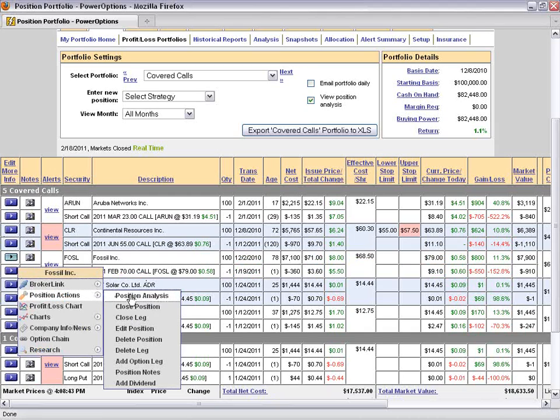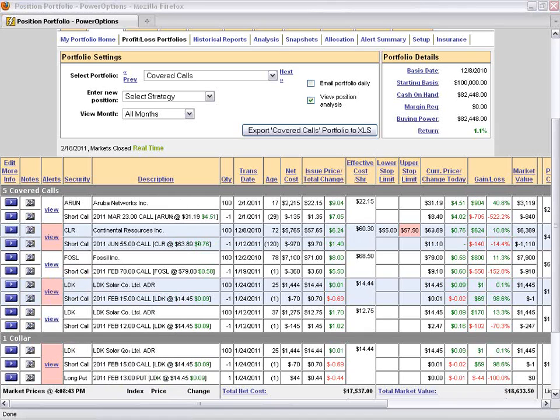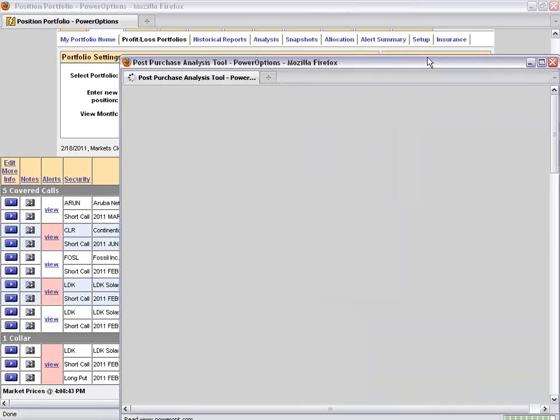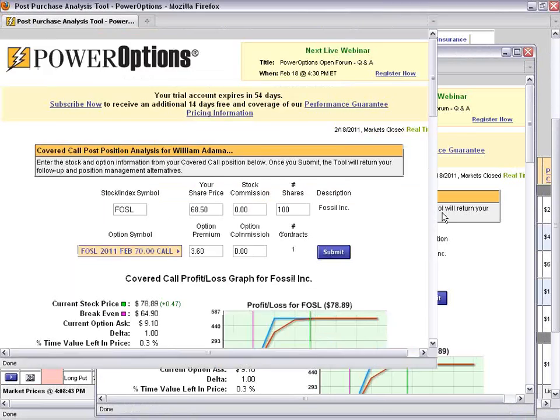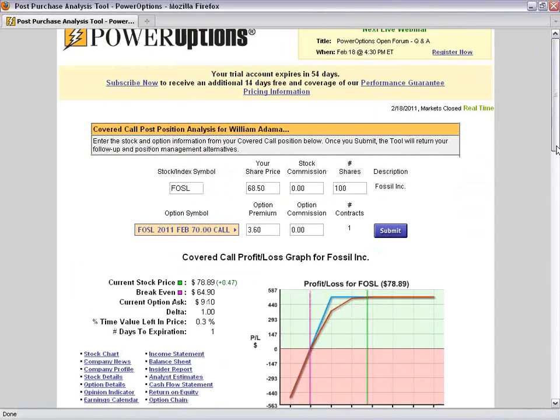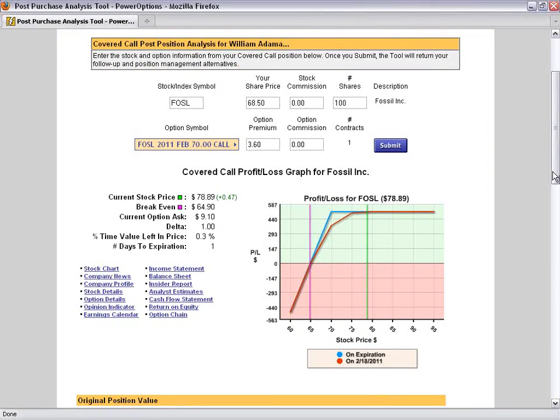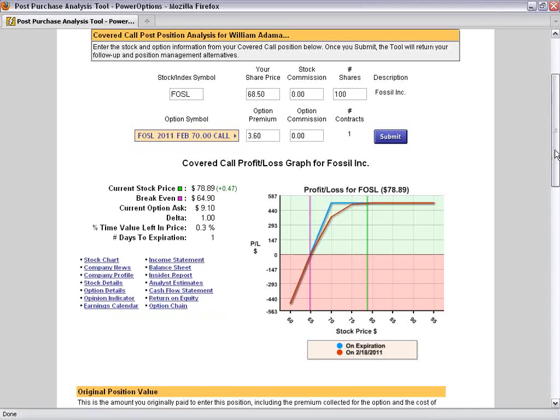Well, this is the tricky part, and we're going to look at one more example after this, but when we let the stock go too far above our call strike price, and then we look to evaluate it and say, okay, do I want to roll the position now? Sometimes, to me personally, it doesn't make sense to roll it in some of these situations, okay? You might actually just want to let it get assigned, and then when you run your search on PowerOptions to look for new positions the Monday following expiration, if Fossil comes up and you still feel strong, maybe you want to get back into the position. But we'd evaluate our rollout opportunity.